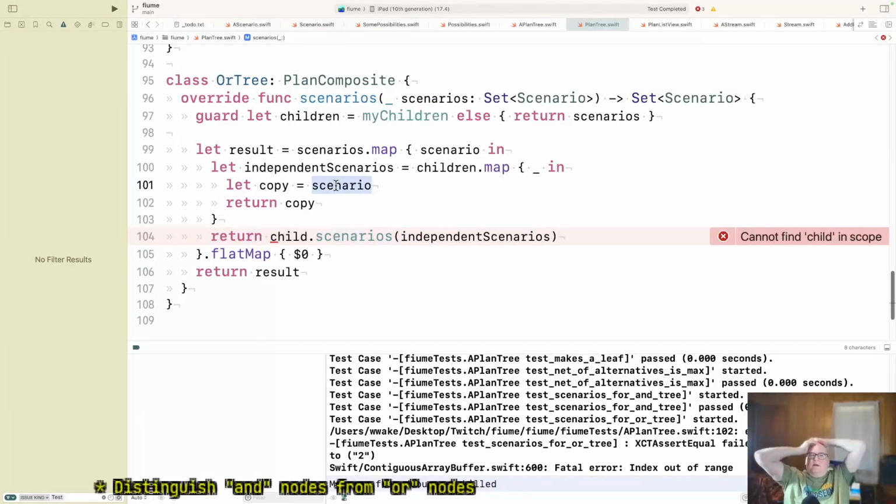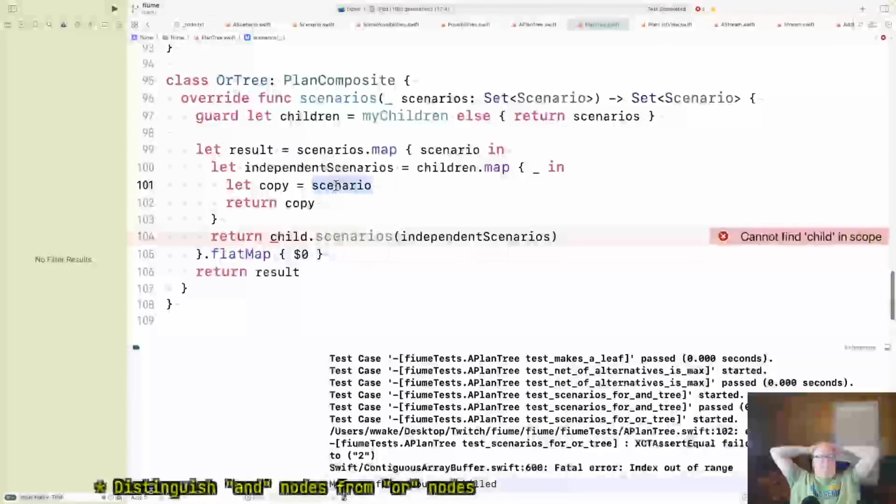So you're saying if I passed in a scenario, yeah, you could probably, let's see, maybe that's the copy method.